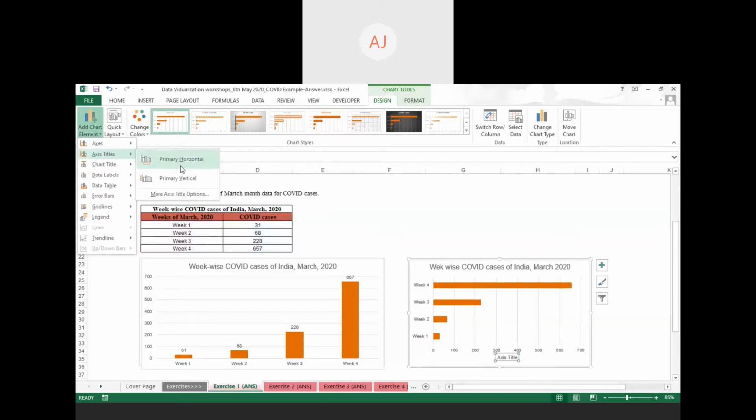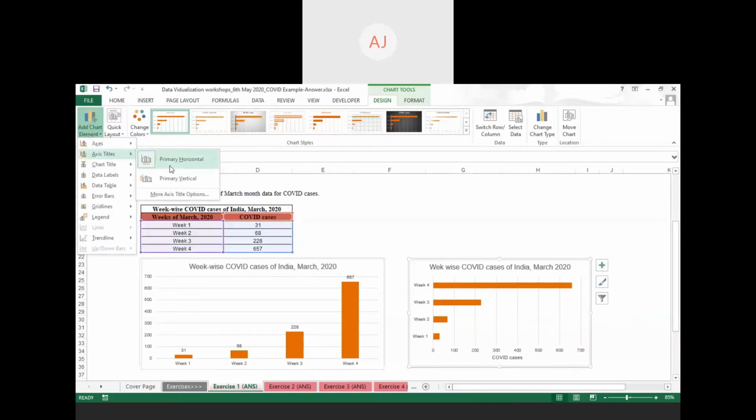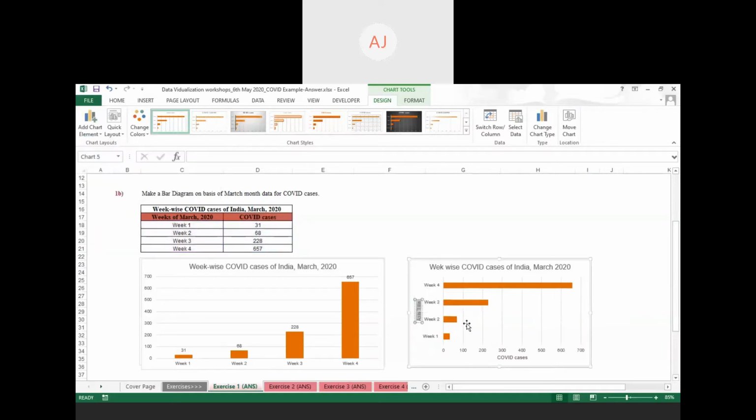Select the primary horizontal one, that is the x-axis, and you'll have to put your x-axis title manually. After completing this, for adding the y-axis, go to the same option, Axis Titles, then go for the primary vertical, and again put your y-axis title here, weeks of March 2020.